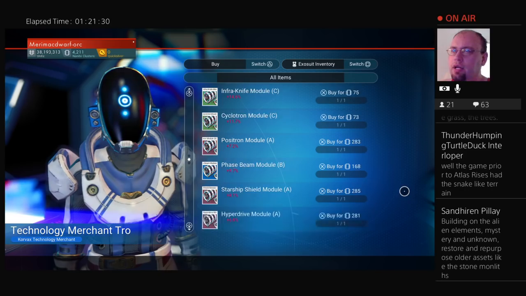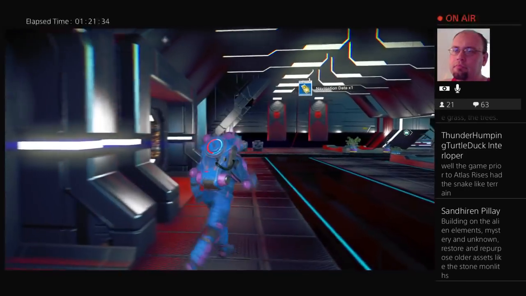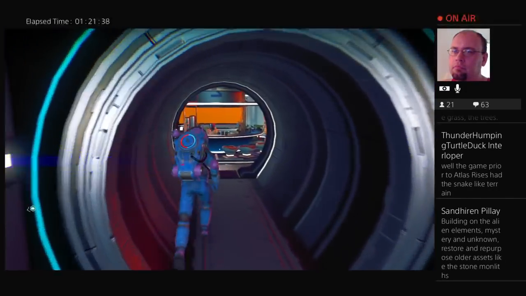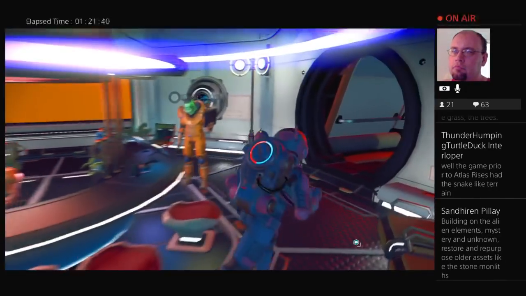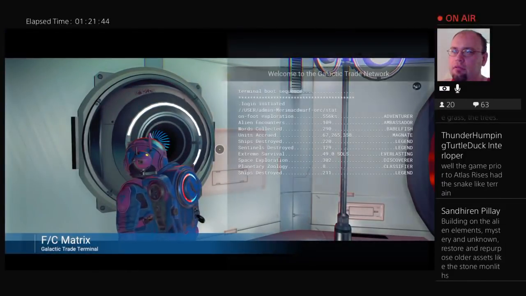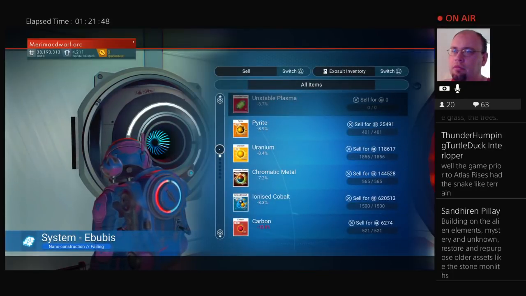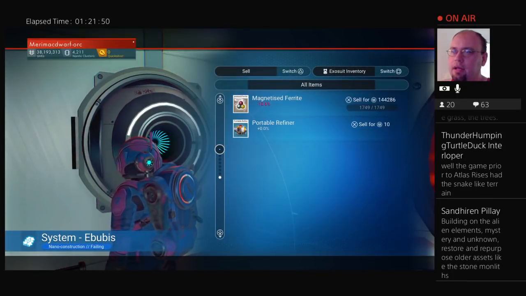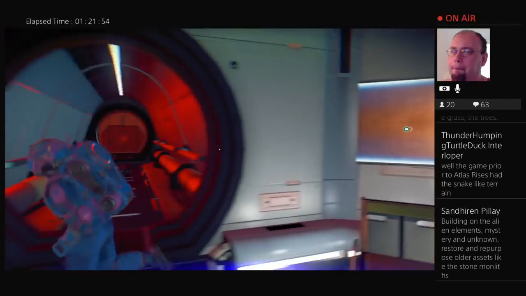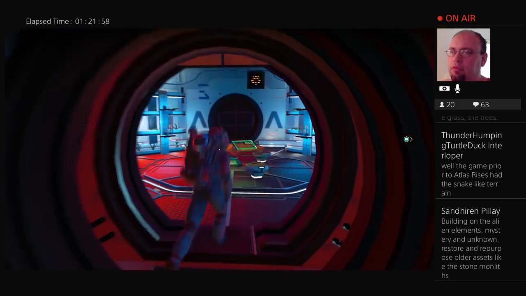Nope. No S ranks I want. I don't know if they'll ever add the stone monoliths back in, but that would be cool, I guess. I don't think I have anything to sell. I just went to a trade station. Oh yeah, I need to go to...